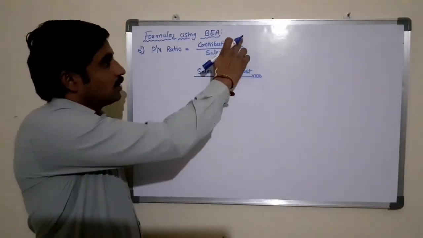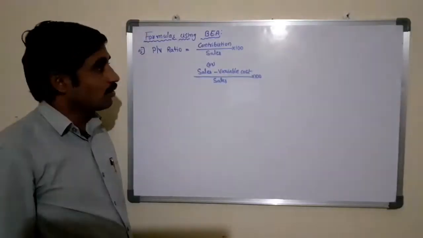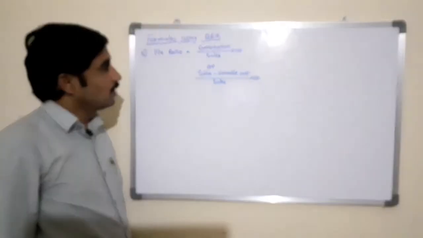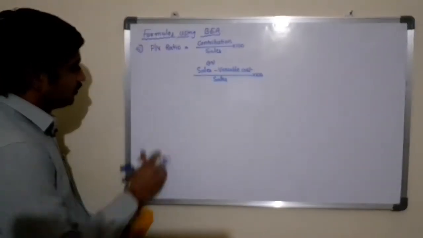It is also used to determine the PV ratio per unit, that is contribution per unit by selling price per unit. You can also use that formula, or contribution margin ratio. Next, sixth one, break-even point in terms of sales or in terms of value. Break-even point in terms of value. BEP in value equal